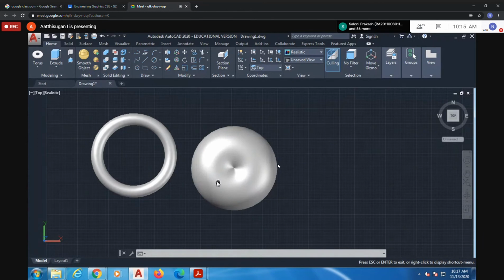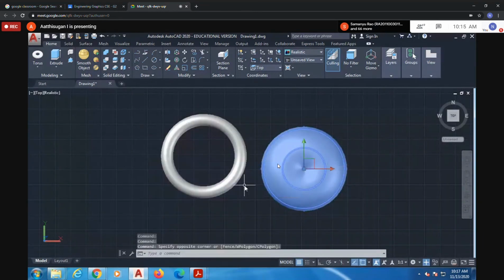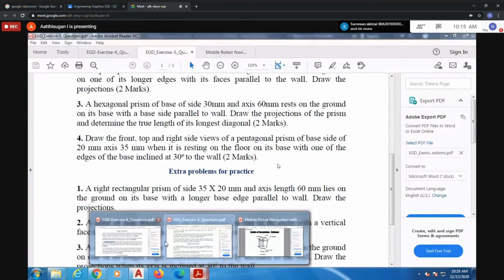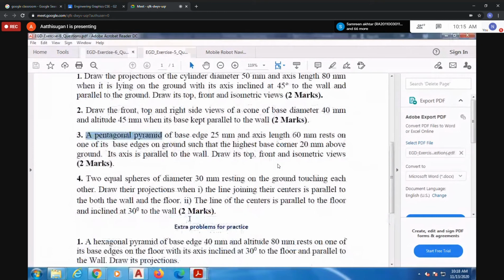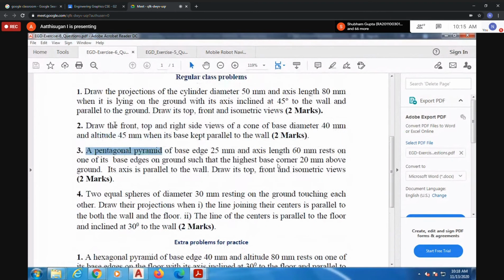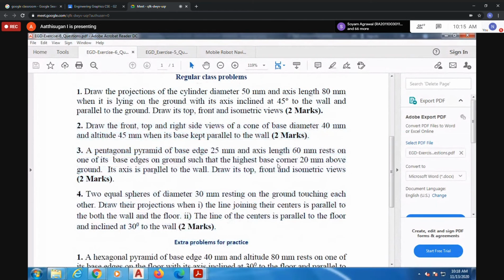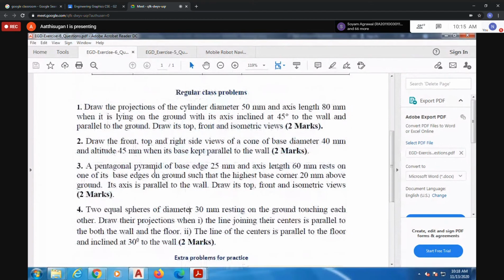This is for the torus, but they are not asking questions from the torus. Anyway, know the commands, because it will be included in your syllabus now. It is easy, but know the commands for how to draw it and practice it. The first four questions you have to draw compulsorily, so you can read the questions. Which question do you want to practice?